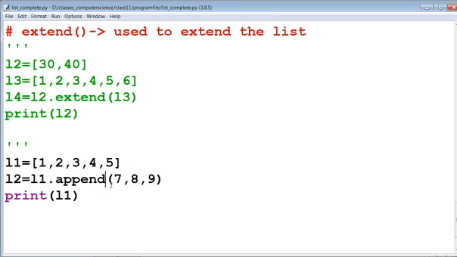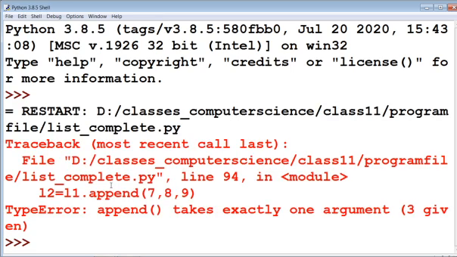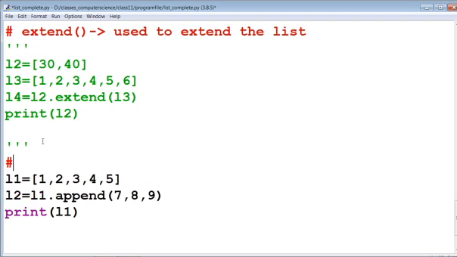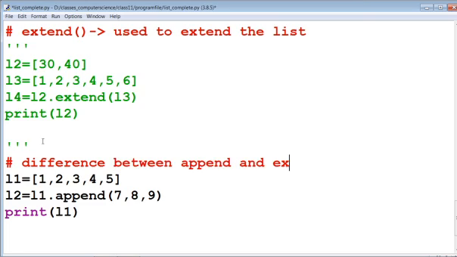Now we are going to print this value. We can see that append takes exactly one argument. This is the difference between append and extend methods.